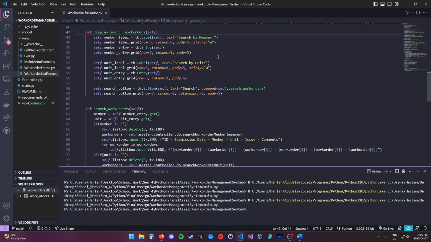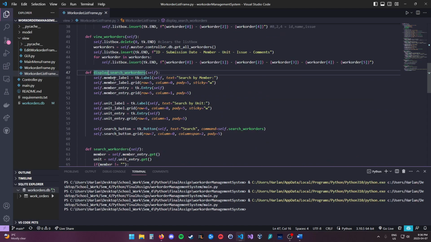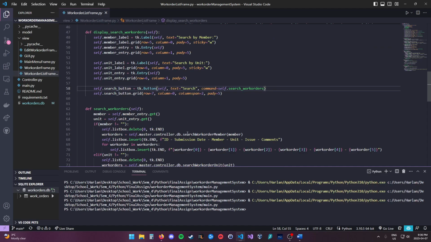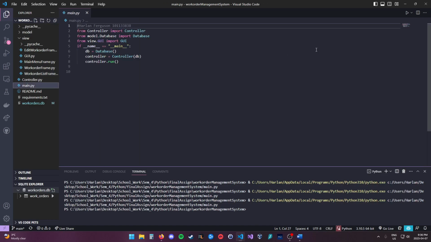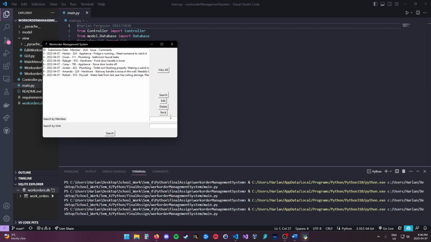And then display the search work orders. So when you search something, more buttons and columns pop up. This is just called when you click the search button, and then more stuff pops up, and the new search button that pops up is what actually searches the work orders. So if I wanted to search, I clicked that search button, and then this extra stuff popped up. I'm aware formatting isn't great, but